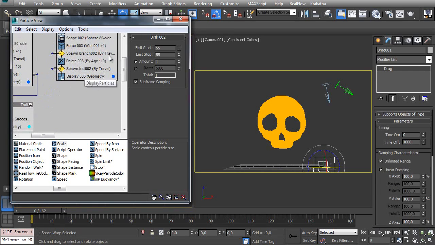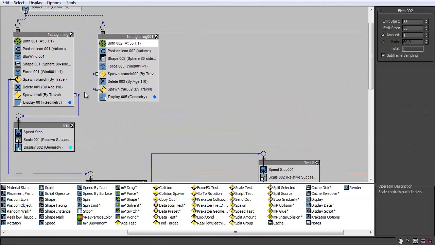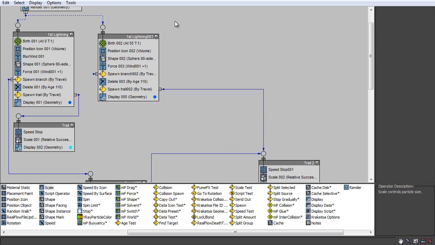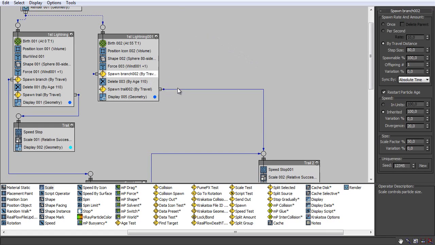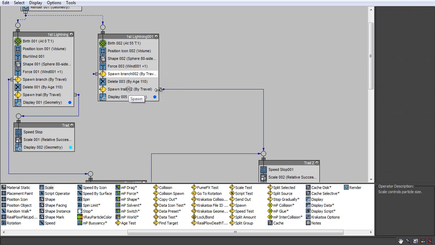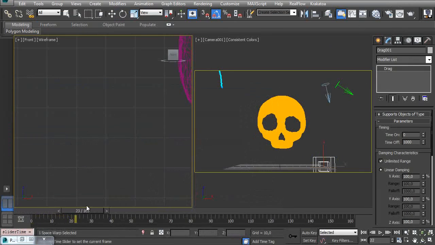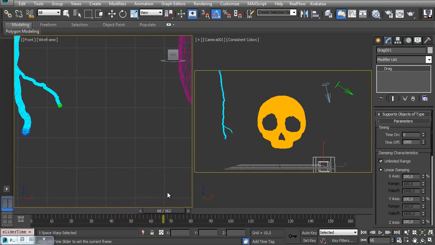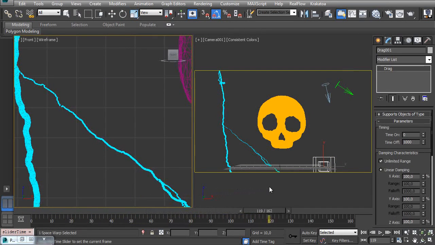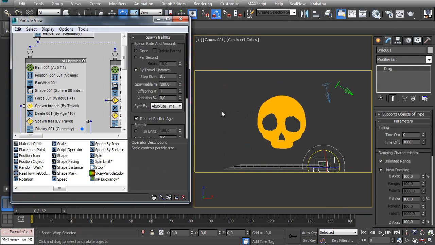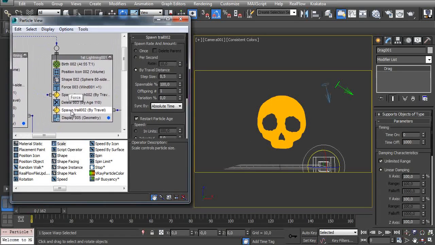Now let's connect this spawn trail here. Let's bring it this side and connect it here. This branch, I think it's fine like this. And let's see what's going on. Okay, it's there, but it's not looking nice. So let's add a